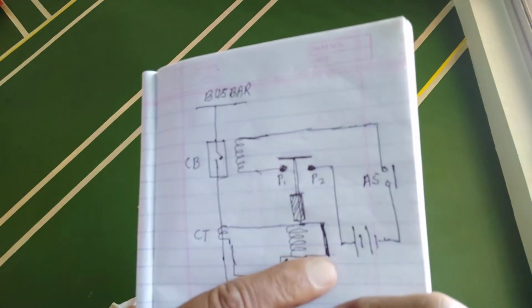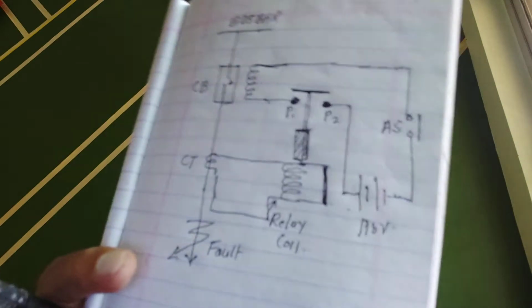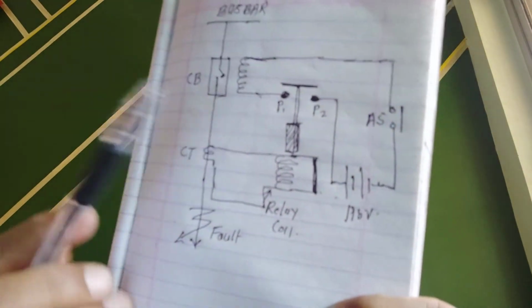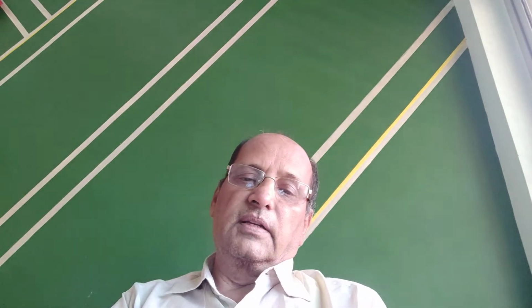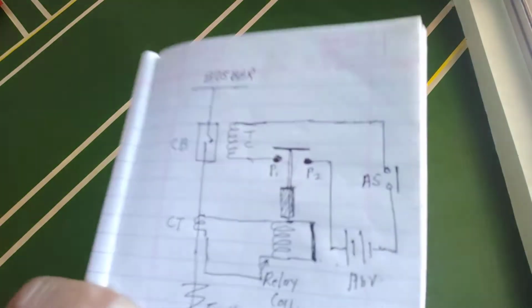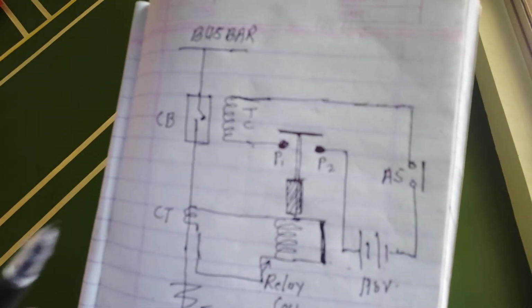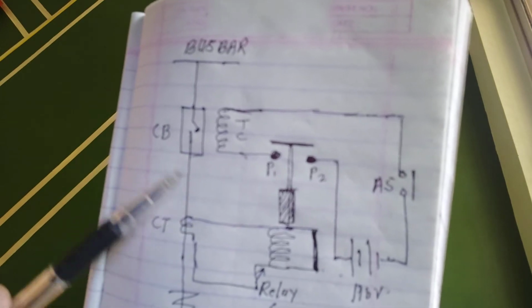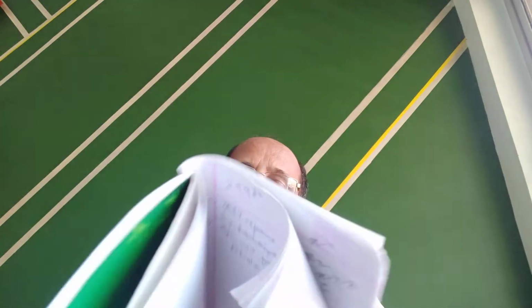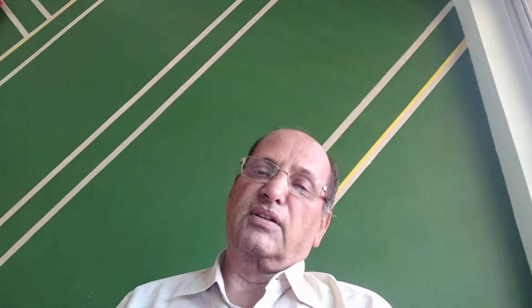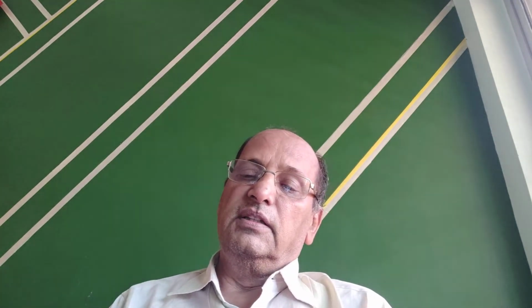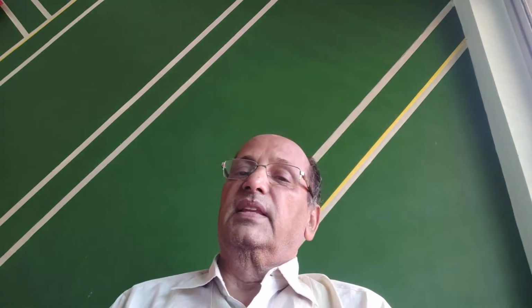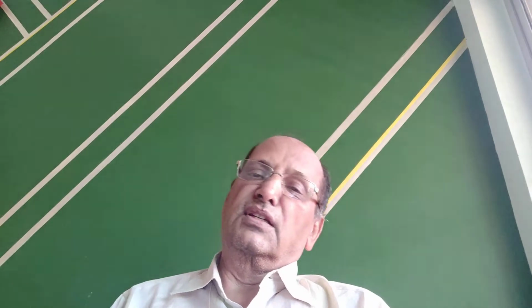So the auxiliary circuit, normally a 110 volt DC supply, is there. This will operate the tripping coil of the circuit breaker. That is called the tripping coil, TC. So the TC will operate the breaker to move the moving contact away from the fixed contact, and the circuit is open. So for all the calculation of time according to the design of the relay, all the tests are done in these three tests: factory test, type test and commissioning test.